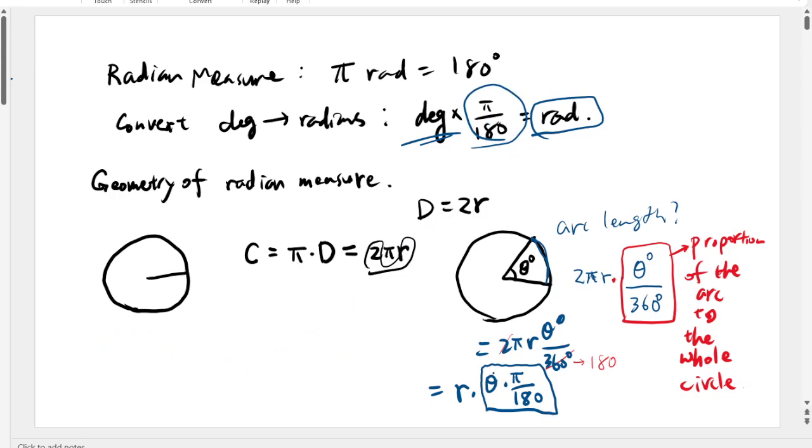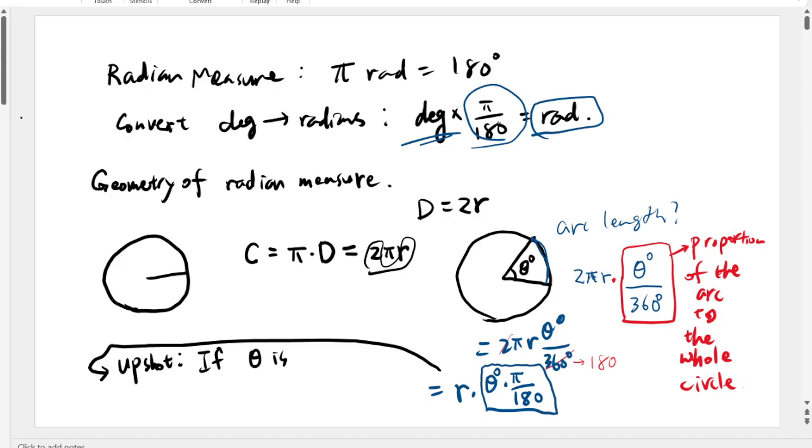So we can say that the upshot is that if theta is already in radians, then the arc length S, we'll call this S. Okay, so this length right here, then arc length S is simply r times theta. And that's because you don't have to